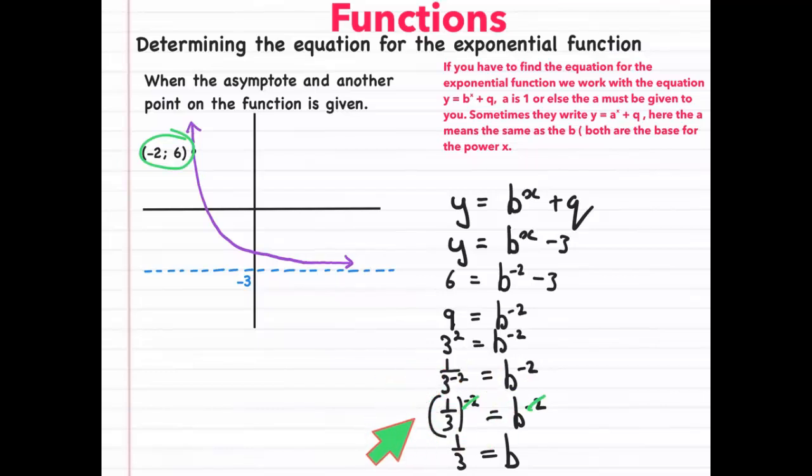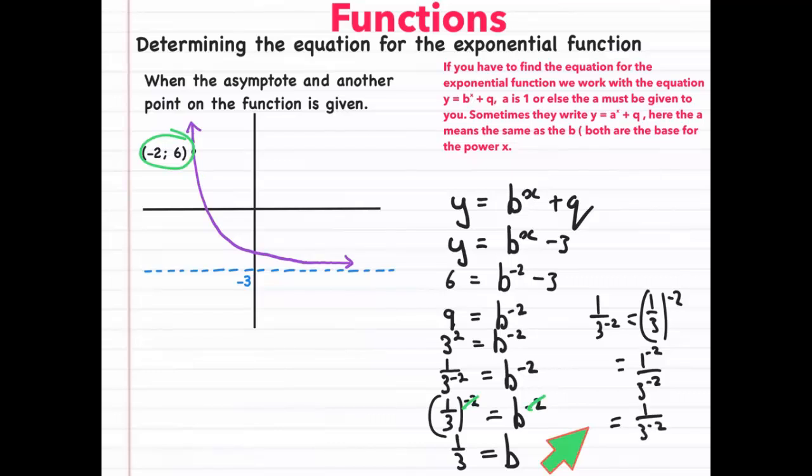I can show you why this is the same, and I'll show you here on the side, because if I write this, it means exactly the same as a third in brackets to the power of negative 2, because 1 to the power of negative 2 over 3 to the power of negative 2, and then we know that 1 to the power of anything stays a 1, so it's 1 over 3 to the power of negative 2. And can you see why it's the same? So I just show you with the exponential definitions, which you have to know by now, right? We did it earlier on in the year. So now I know that b is a third, so let's write out this entire function again,